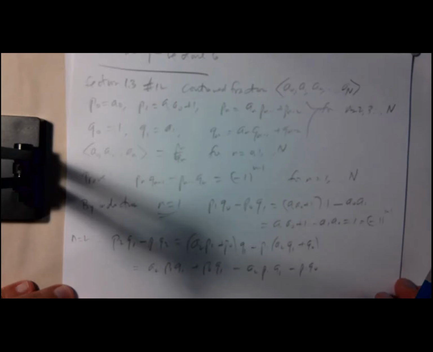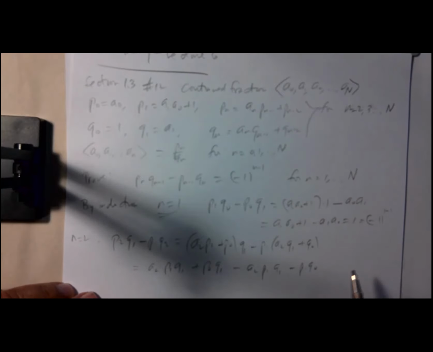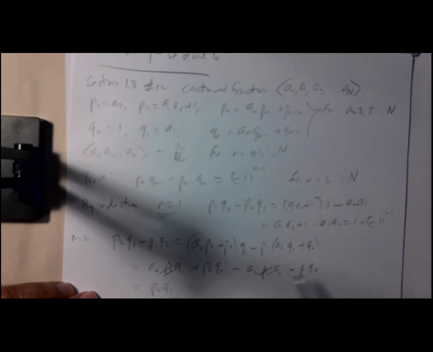This is all just high school algebra. I'm just expanding this. Now, A2 P1 Q1 minus A2 P1 Q1, they cancel. So what we're left with is P0 Q1 minus P1 Q0,